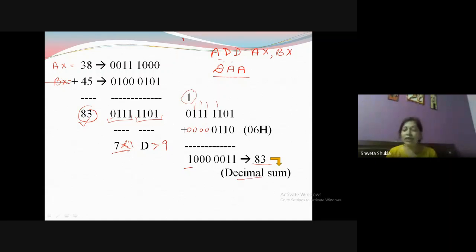That is why we do the decimal adjust after addition, so that we may not get the answer in terms of hexadecimal numbers. Now remember this thing. Even after the second addition, if in case you get some A, B, C here instead of 8, then again you have to perform the same process. And instead of 83, let us suppose if you got the answer as A3, then remember you have to add 60 in this case. This is the second thing which I told you, just for example. Just take any example where you are getting MSB more than 9, then you can add 60 in that case. Okay, you will get the answer.